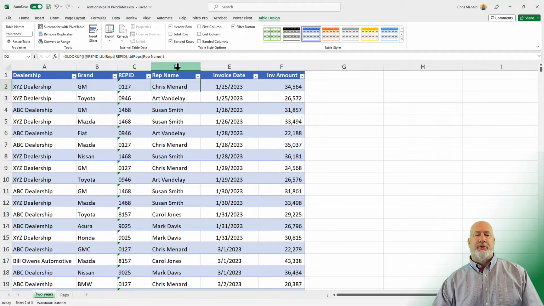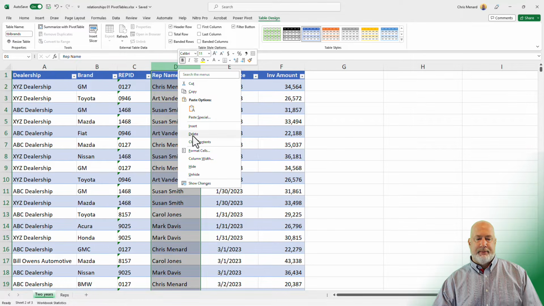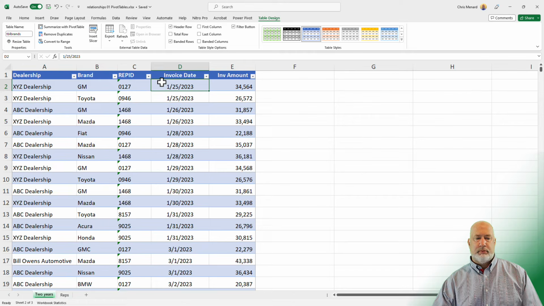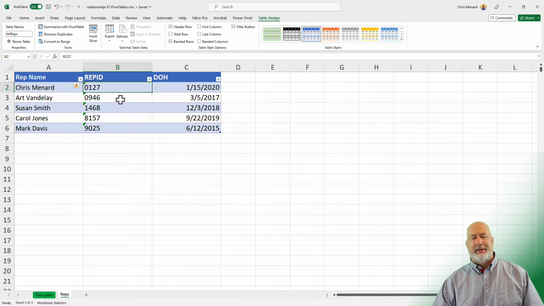Method number two, I'm going to delete column D. This is probably the method I would use for this. I've got two tables. I'm going to go ahead and make a pivot table out of this data right here. I'll be honest, there's no reason to make a pivot table out of this. Possibly if you had their office, their state, their country listed here, you may make a pivot table then out of this, but there's nothing really here to make a pivot table out of with just these few reps.